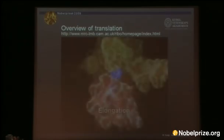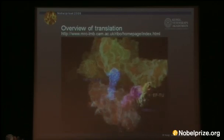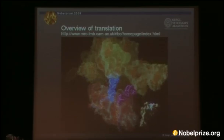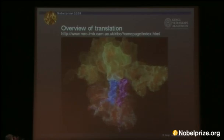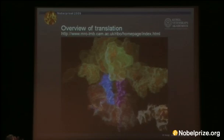you will see the transfer RNA molecules bringing amino acids, one after the other, to the ribosome in the so-called elongation process. And here you see one tRNA binding to the messenger RNA at the bottom and bringing the others, the tip of it carrying the amino acid into the active site of the ribosome. After it has delivered its amino acid,